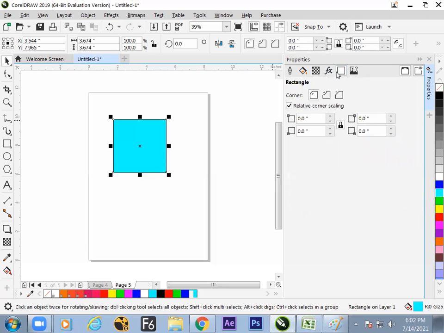Now, in the extreme end, you can find the rectangle's basic property, corner, where you can change it either there or here too. Is it okay? So we can turn it around here also. So we got to know the corner property can be controlled inside the option bar or in the property window, which is there in the extreme end. Done.